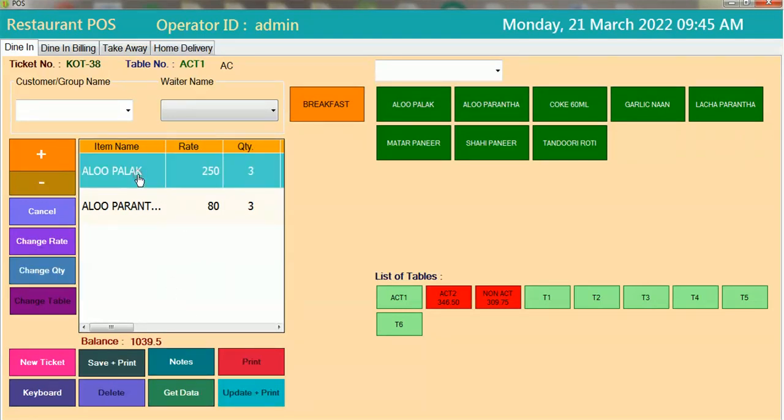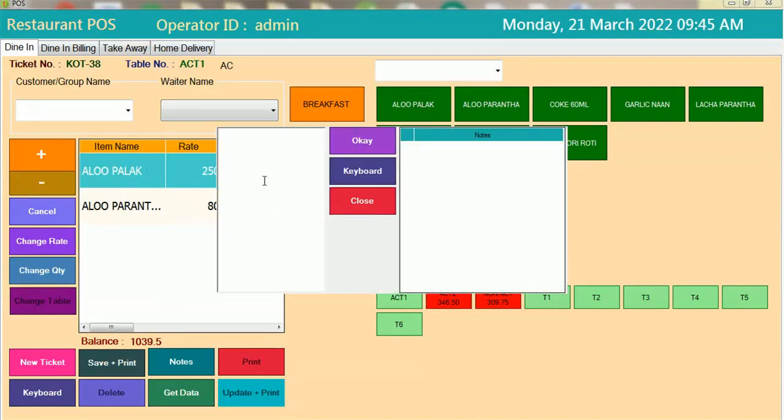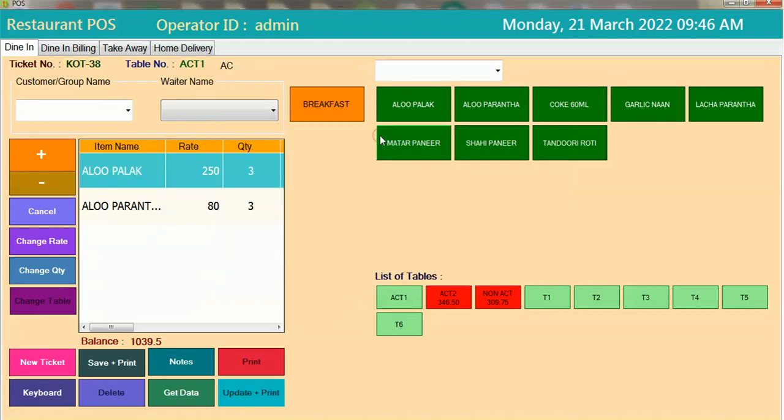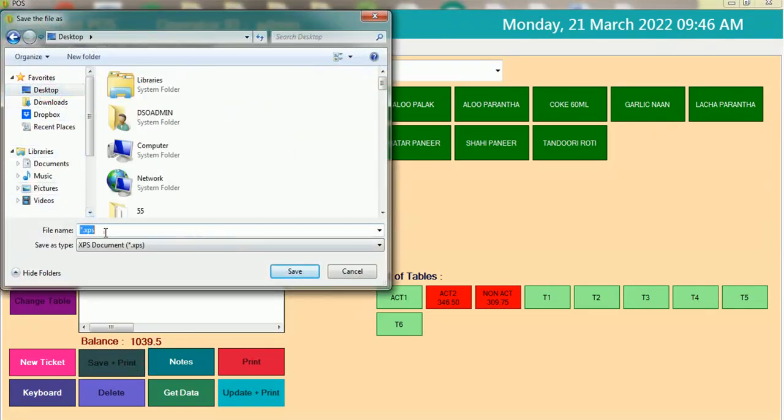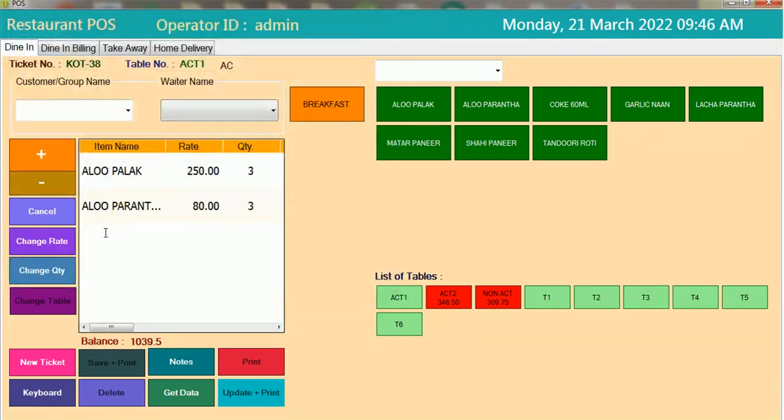If you want to give a note on your item, just write it here, more spicy or more salty, anything which your guest asks you. Just click on save plus print. KOT will be printed. I will show you the KOT.